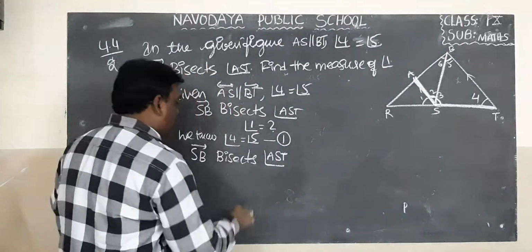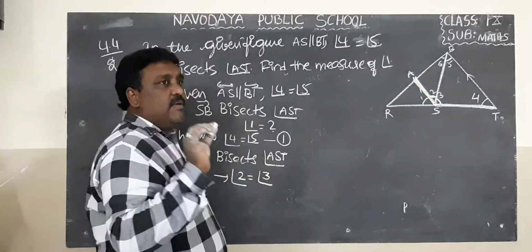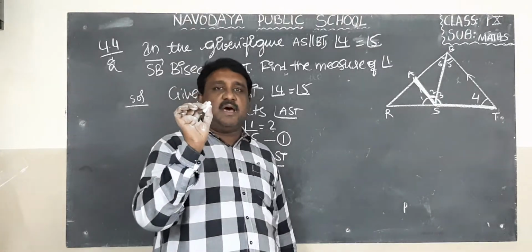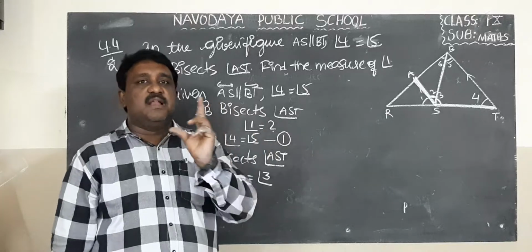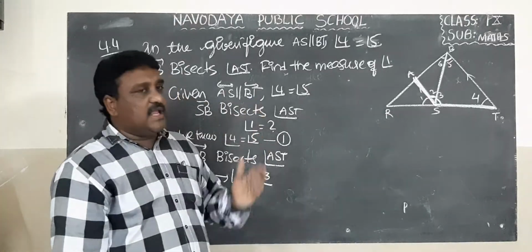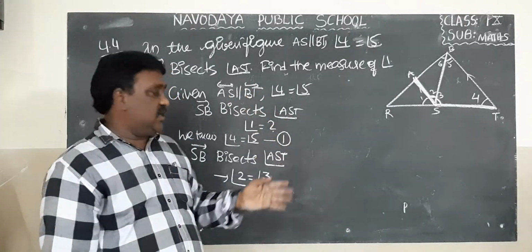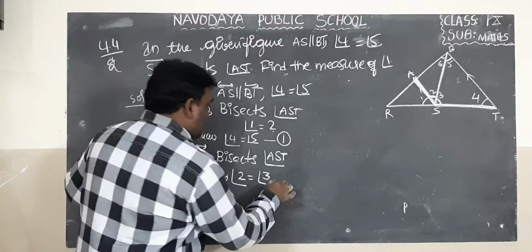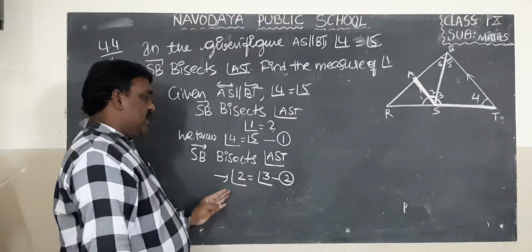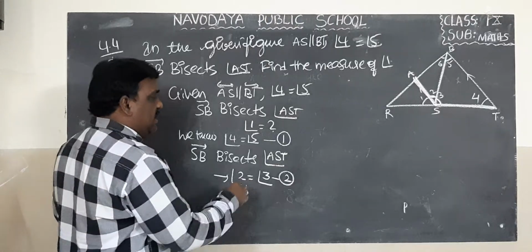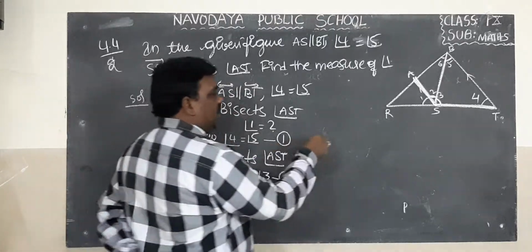So what are the angles equal? Angle 2 equal to angle 3. Reason: bisect means the angular bisector divides the angle into two equal parts. Two angles are visible to you, angle 2 and angle 3, both are equal. Why are they equal? Because there is an angular bisector. Equation 2. Then one more is there. Third part. This is first one. This is second one. About third one.